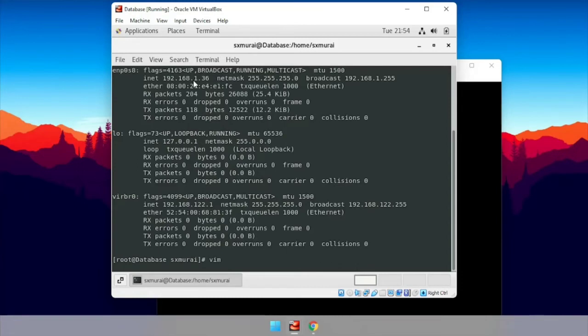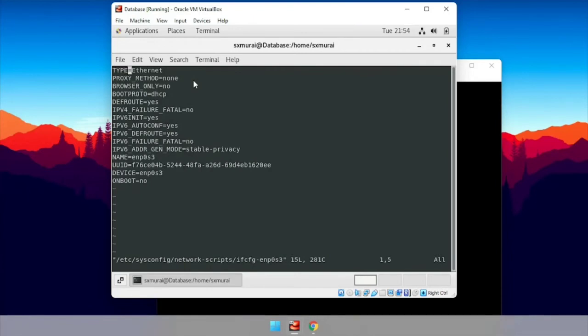Use vim to configure the network interface. So change it to static,